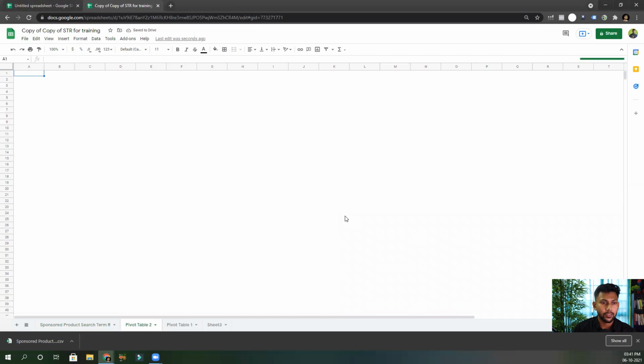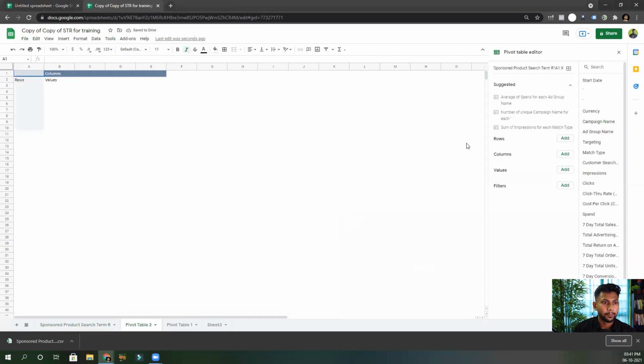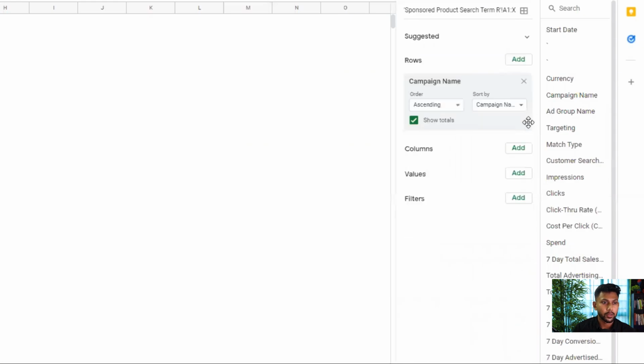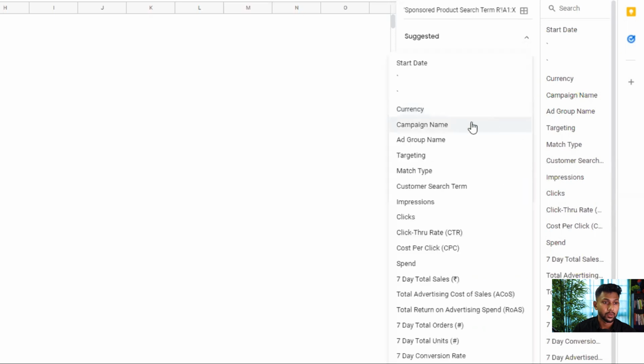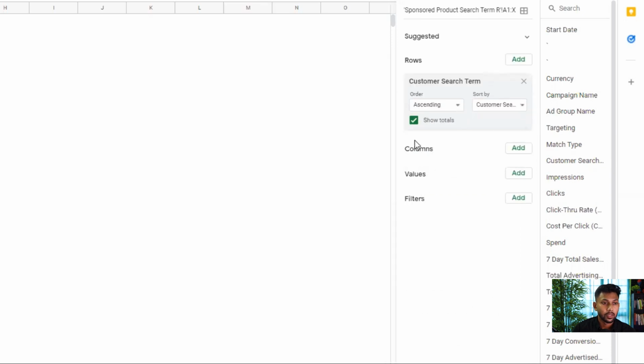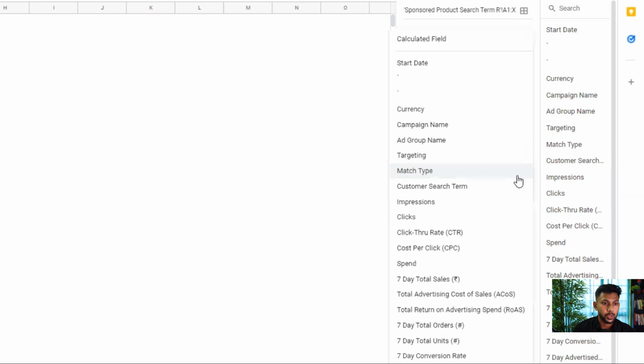The next thing you have to do is add a row. Row is the first thing that you need to add. Then go to values. So what are you going to add as the row? It will not be campaign name. Let's add row: customer search term. Then add values. In values, we are going to add impressions.